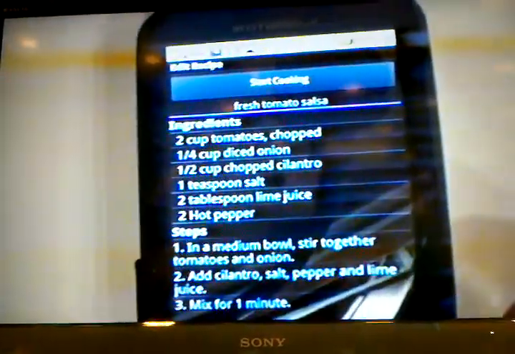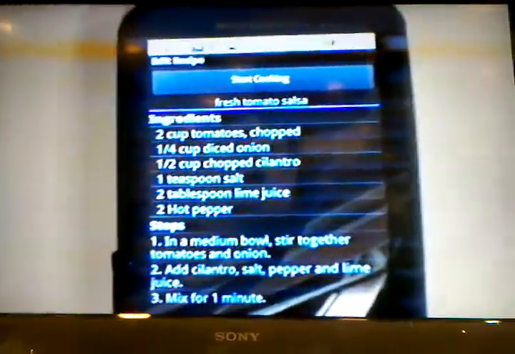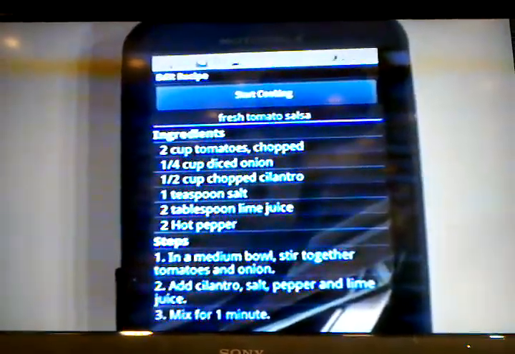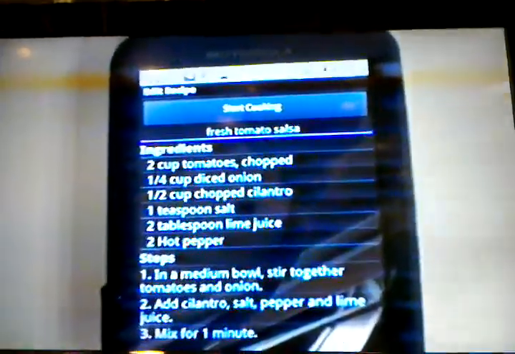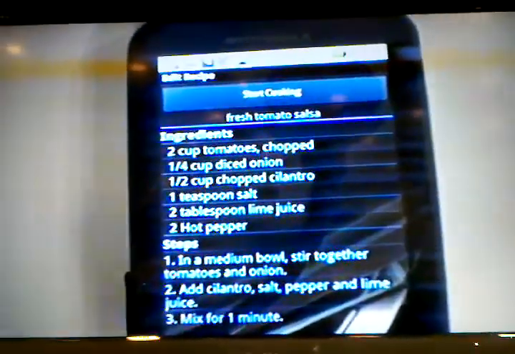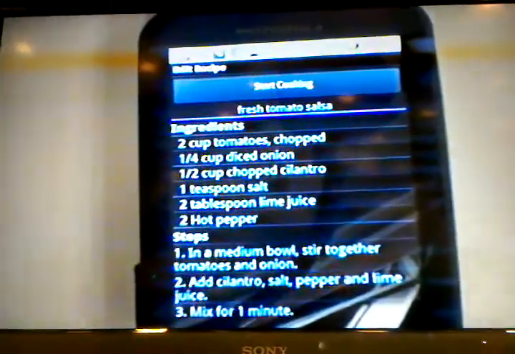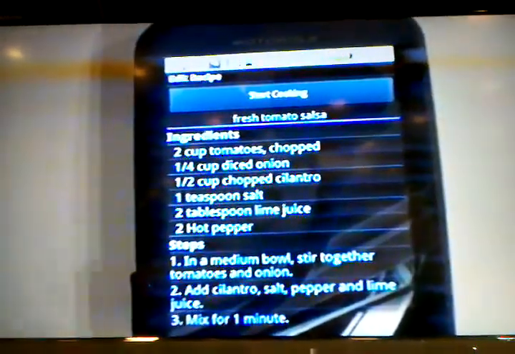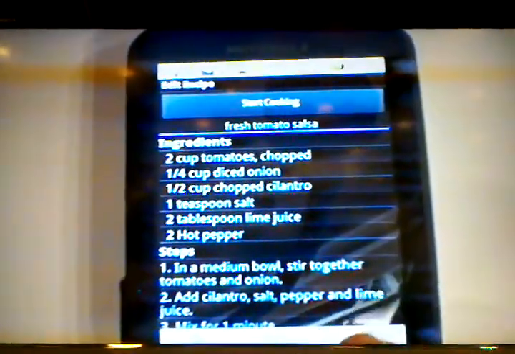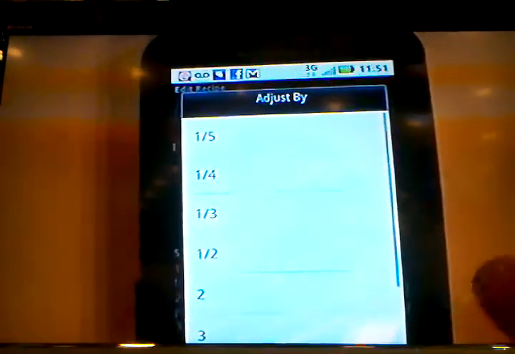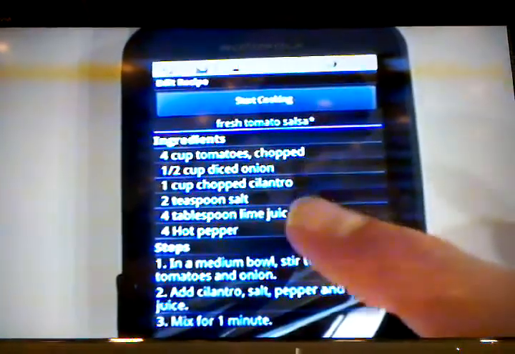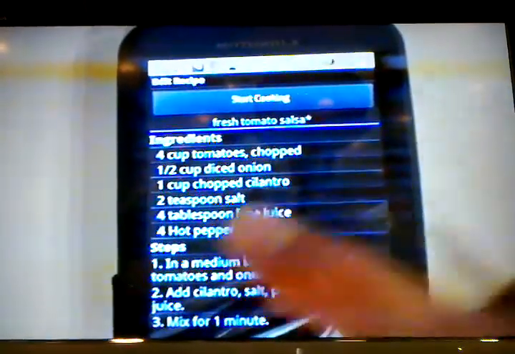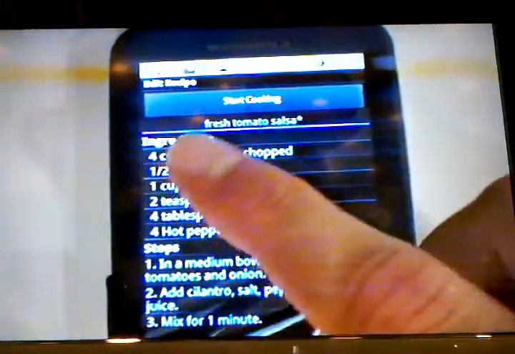Now another thing I can do when I'm editing a recipe is to modify the amounts, like the serving size. Say that I got a lot of people coming over, I want a bigger, double the recipe. I can do that too, using the menu option to adjust, and I want to adjust it by a factor of 2. So when I do that, you can see that it's doubled all of the ingredients, double all of the amounts here,